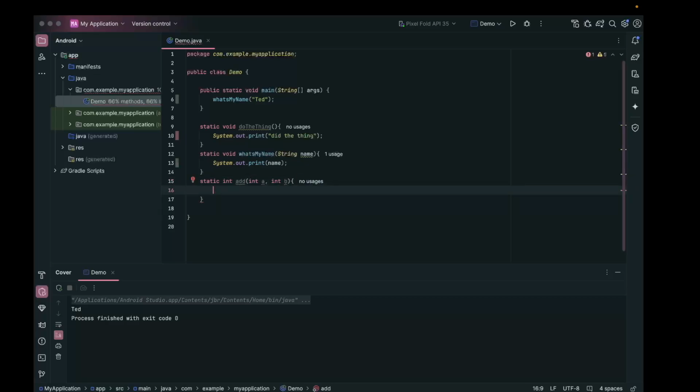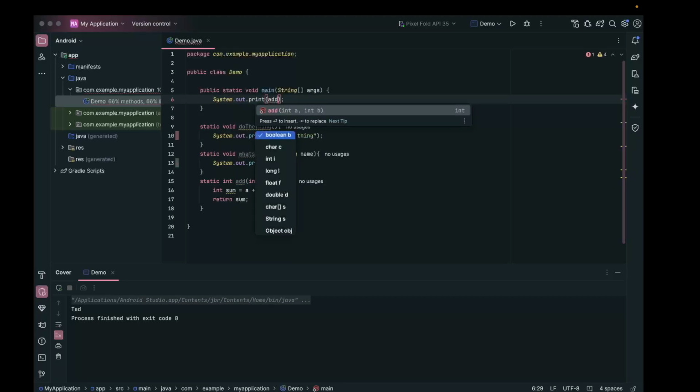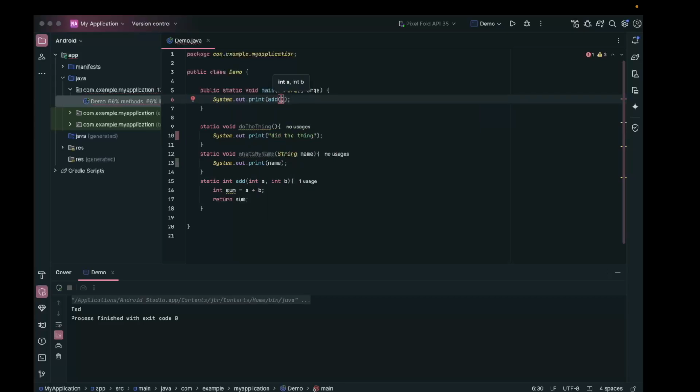So now let's declare another local variable. We'll call it sum. Int sum is equal to a plus b. Now we have to return something. It's showing us an error. So we can say return and then whatever variable we want to return, in this case, sum, followed by a semicolon. And so if we were to call this method, we could say system.out.print, and then we can call our function add and give it our parameters, which could be any integers, -4 and 132. Now we can run this,